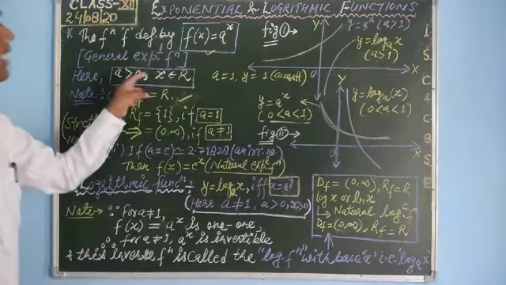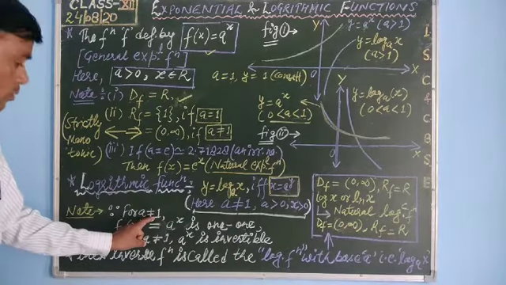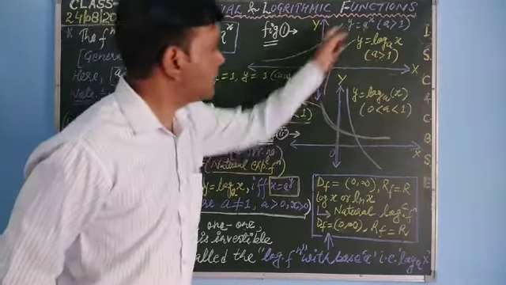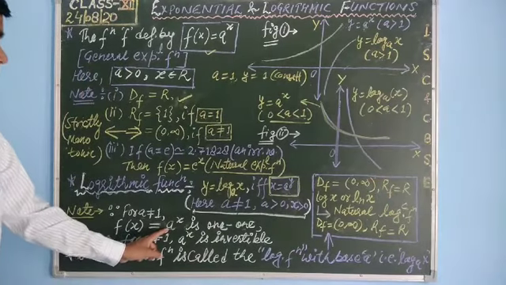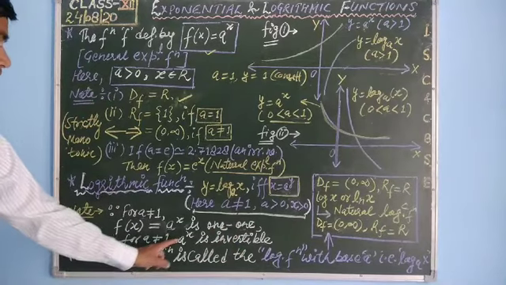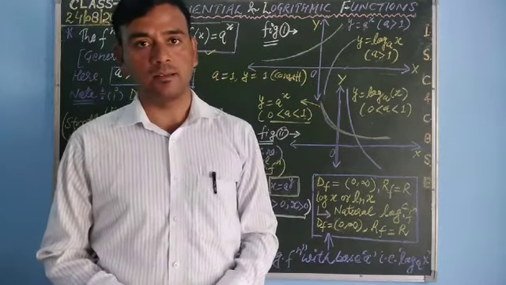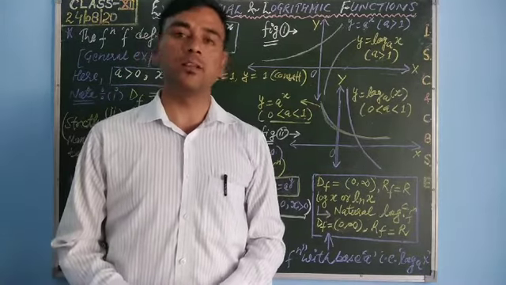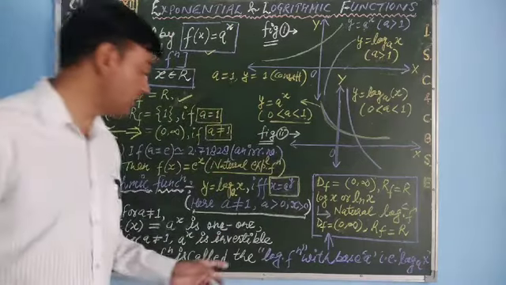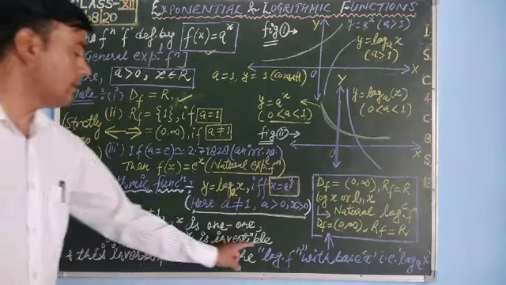It means the general exponential function is always a one-one function when a is not equal to 1, because a equal to 1 is a constant function. When a is greater than 1 or less than 1, it is increasing or decreasing, so the exponential function is always one-one. And for a not equal to 1, a to the power x is invertible. You know students, when we were discussing invertible functions, the condition is that any function is invertible when it is one-one and onto. Since this exponential function is invertible, it is one-one, and vice versa, when it is one-one, then it is invertible.